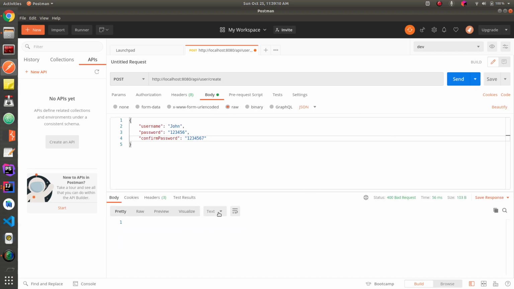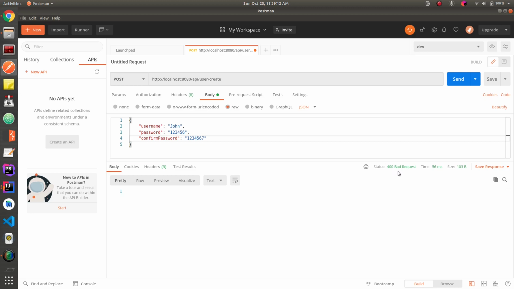Let's run it again, and now we've got 400 bad request, which is because the password does not match with the confirm password. So let's make it 7, and again we got the same message because of the length of the password.